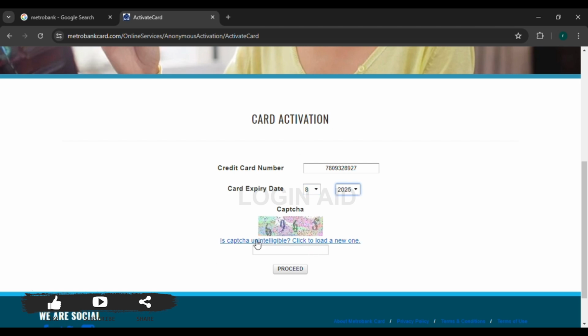Now you will have to enter this CAPTCHA. Simply click on this box and copy the text that the CAPTCHA is providing. Now you can see here I've entered the CAPTCHA code, and make sure you provided the correct details over here